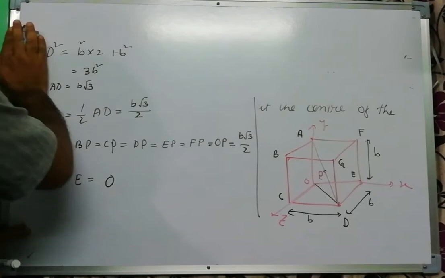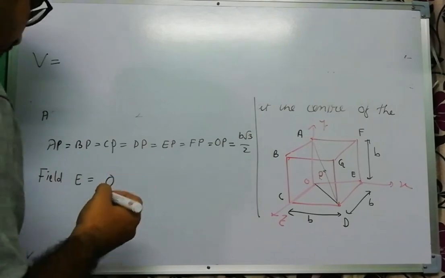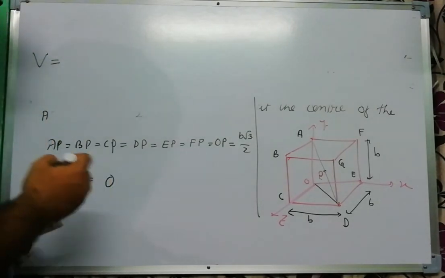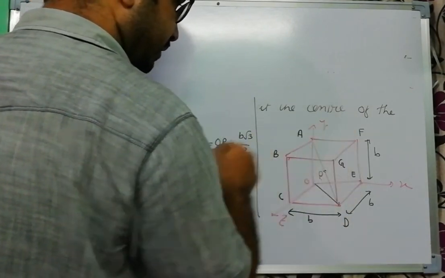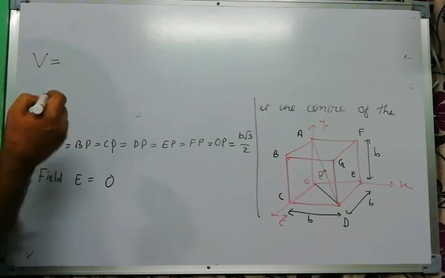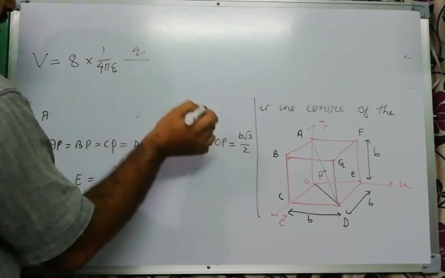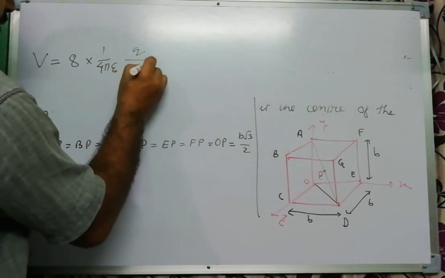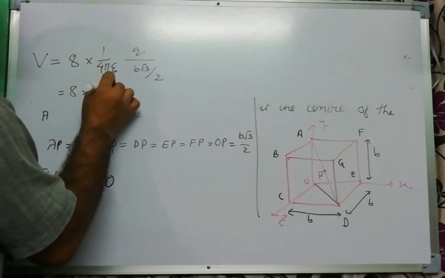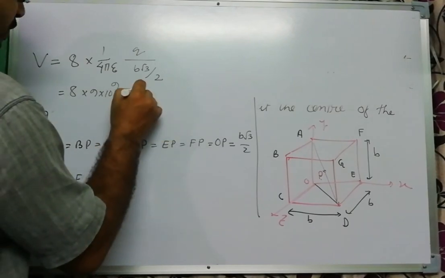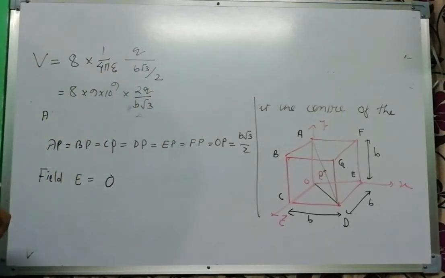Now potential V. So the potential would be, we have to sum up. So how many charges are there? How many vertices are there? 1, 2, 3, 4, 5, 6, 7, 8. 8 vertices are there. So potential would be 8 into 1 by 4 pi epsilon naught. Charge is q, distance is B root 3 divided by 2. So this is equal to 8 into 9 into 10 to the power 9 into twice q divided by B root 3. So this is